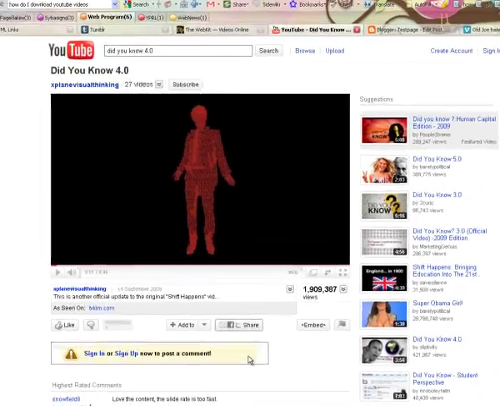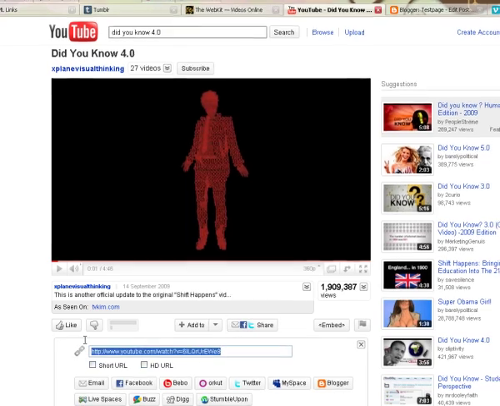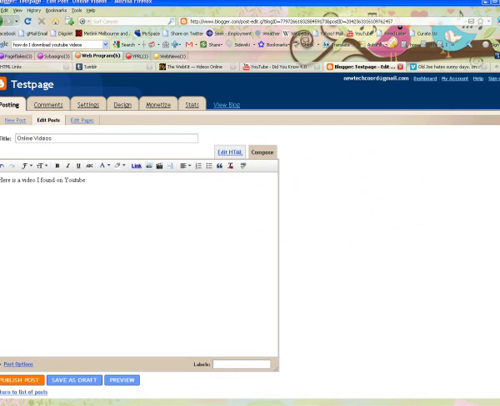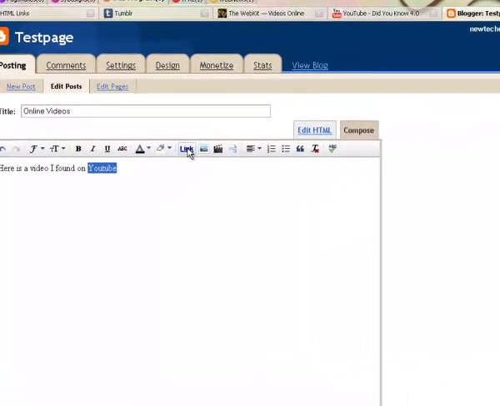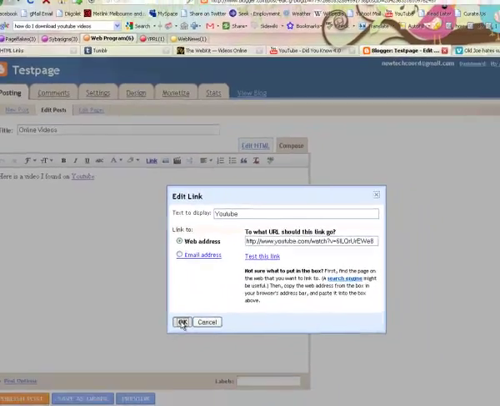The second way to share a video on a website or blog is to use the URL address of the video itself, and this will provide a link to the YouTube site that the video is from. So if I click the share button, it gives me the address of the video. I can copy this content, and again in the sandbox of my blog, where I'm working on my blog post, I can select the content I want to link the video to